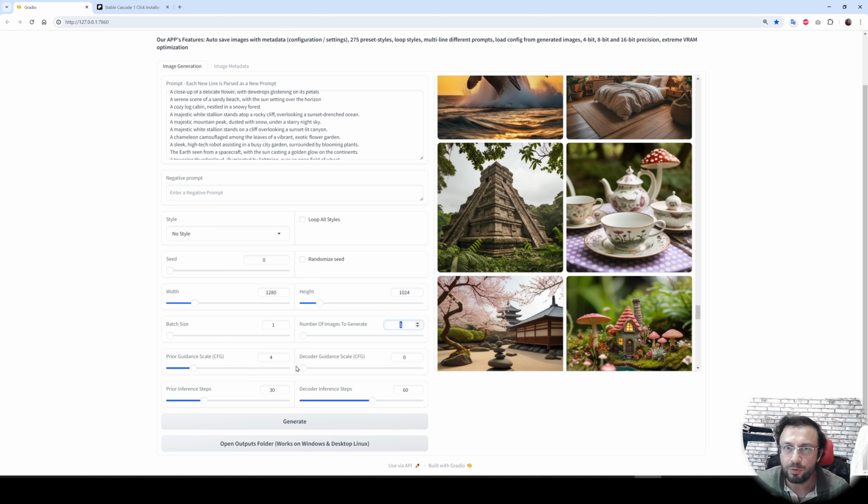It supports CFG values for prior guidance scale and decoder guidance scale. The Stable Cascade works with two steps. It is prior steps and also decoder steps. There is also prior inference steps and decoder inference steps. So the guidance scale determines how much it should follow the prompt, and the steps, as we know, how many steps it will take to render the image.